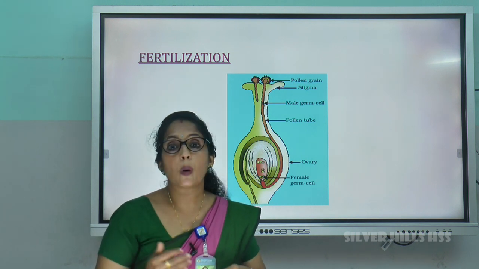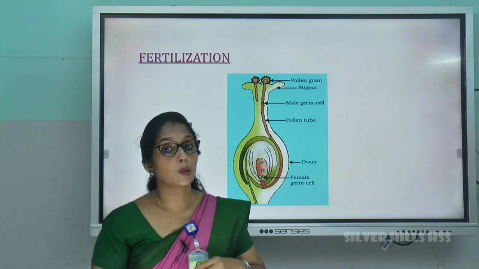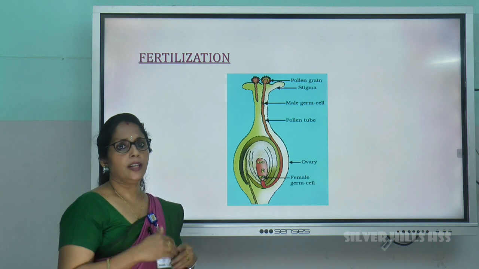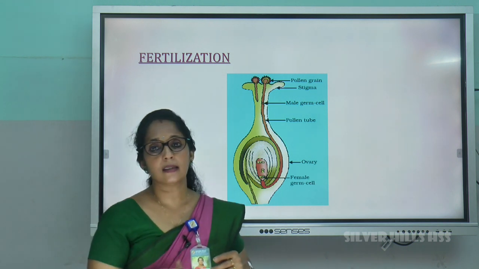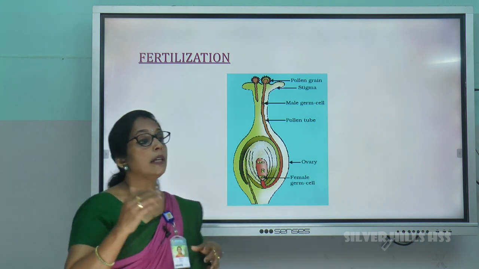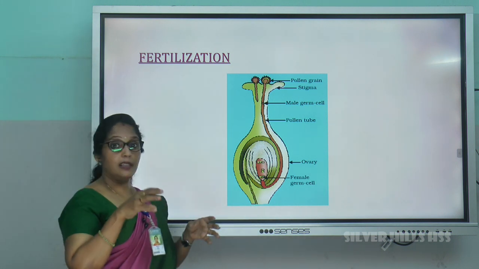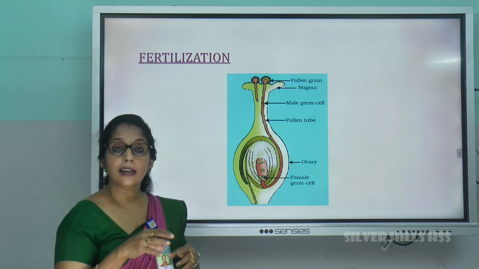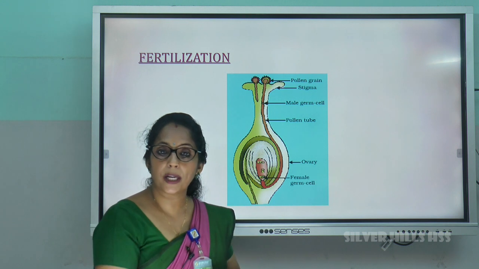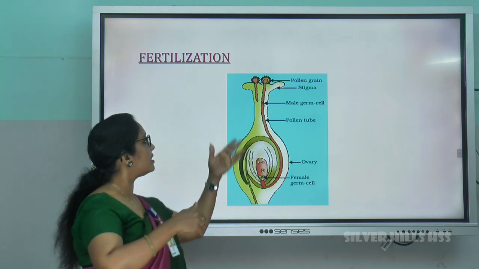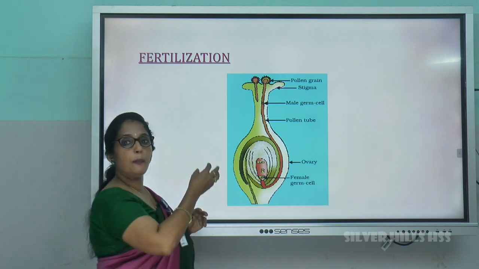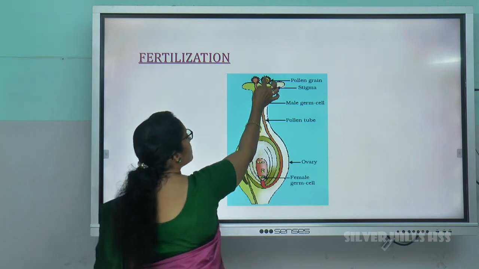Now, who are pollinators or pollinating agents? Who is transferring pollen grains from one flower to another flower? We can say they are birds, animals, insects, wind. All these are pollinators. So when insects are sitting on some flowers to suck honey, some of the pollen grains may stick to their legs or body parts. Then they will come and sit on another flower, and some of the pollen grains may fall on the stigma.